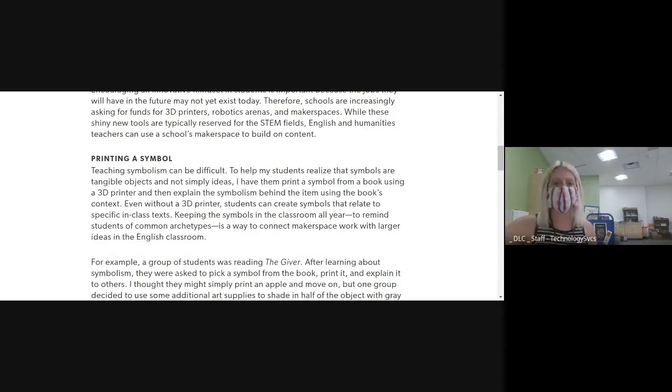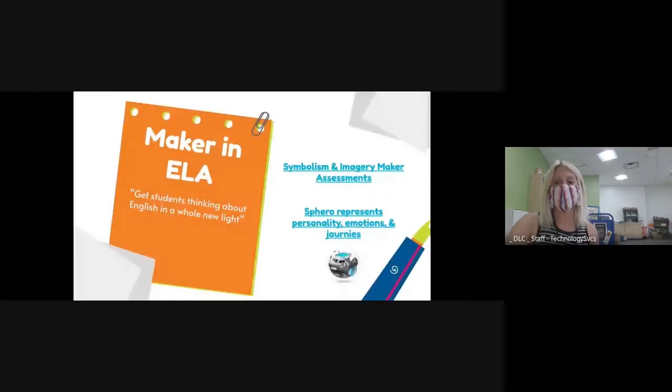So if you do have a 3D printer, students could create their symbol in Tinkercad and then print it out on a 3D printer, or you could just use consumable materials, depending on what you have available in your school. The other link is using the Sphero robot, and it's a lesson where you would have the students